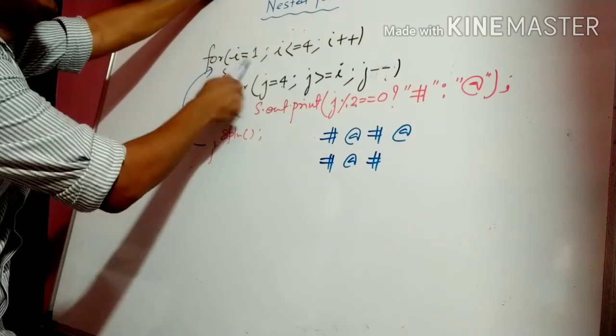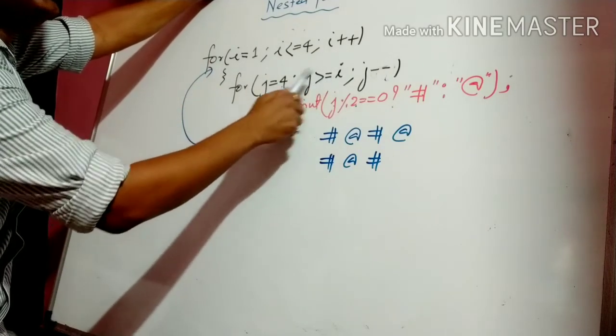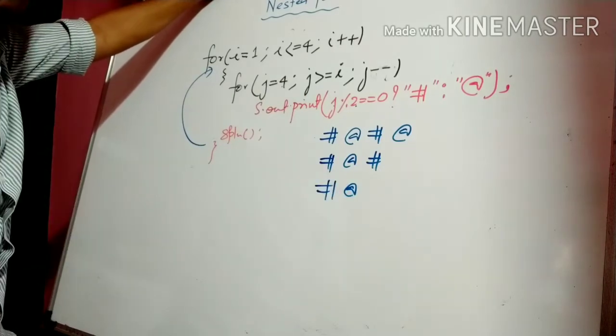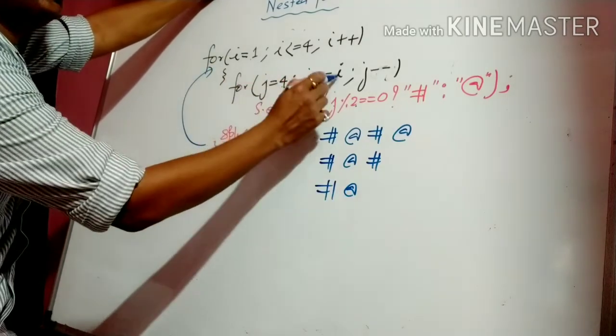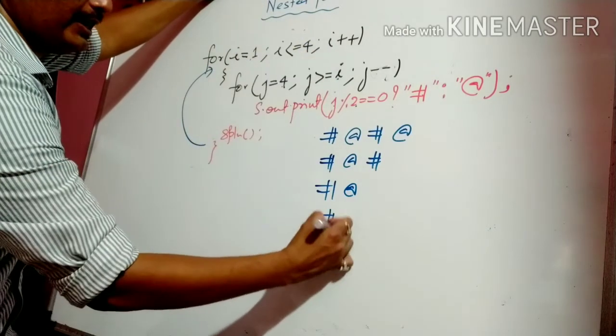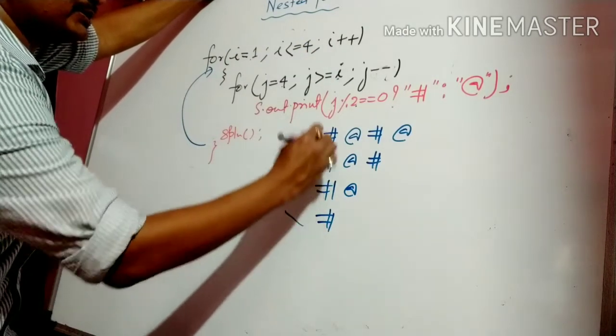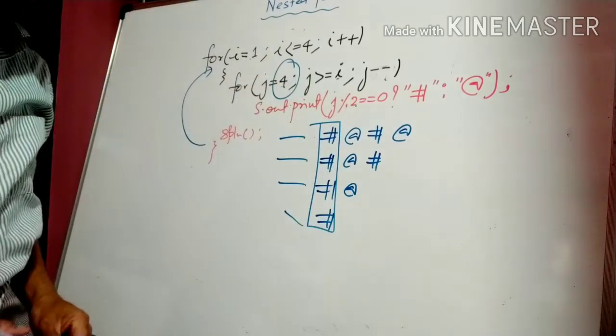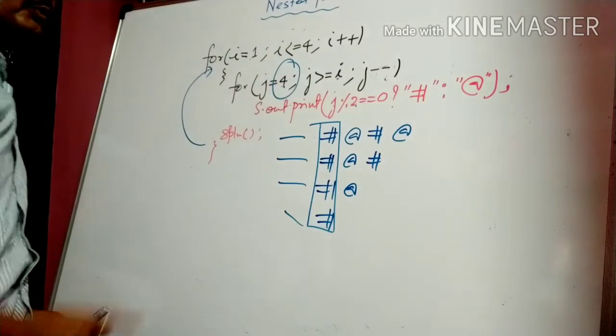Next time this will be 3. 4, say 3, 4, 3. 4 will be true, 3 will be false. Next time that will be 4. 4 se leke 4, one time. Your answer will be hash. So each row will start with hash, because this is 4 and each time it will be true. Copied it.